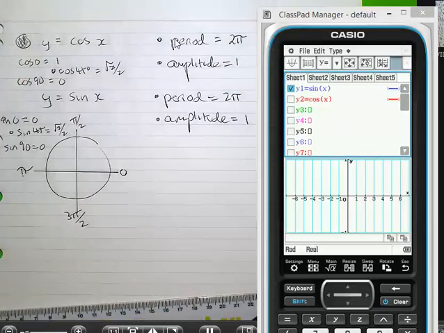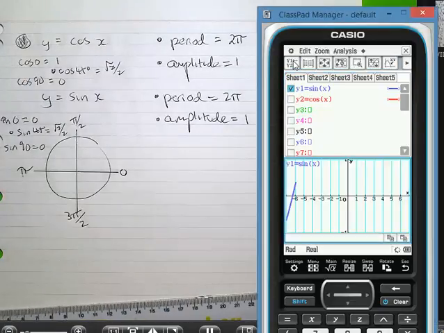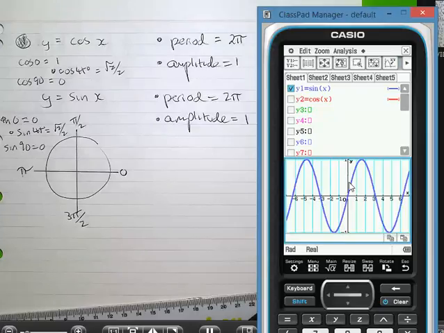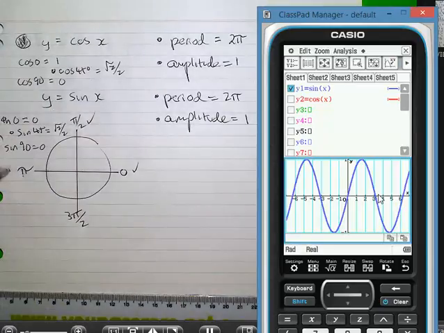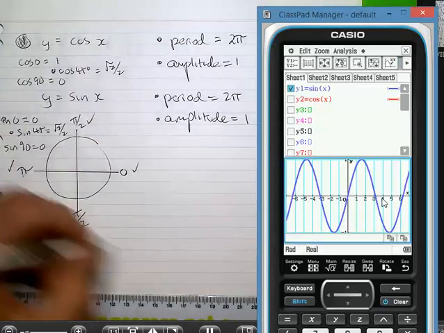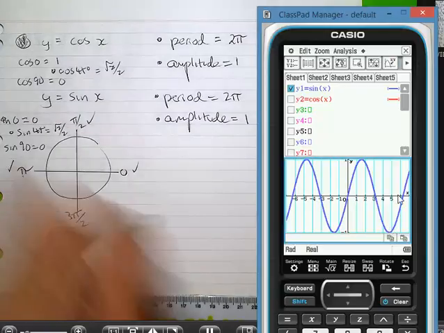Now I'll just quickly show you these on the graphics calculator. So you can see a beautiful cyclical pattern. It's not possible for me to show these as pi on 2, pi, 3 pi on 2 and 2 pi, but you've got this on your information sheet. So 0 through 1 down to 0. So 0 to 1 to 0 to negative 1 here at 3 pi on 2